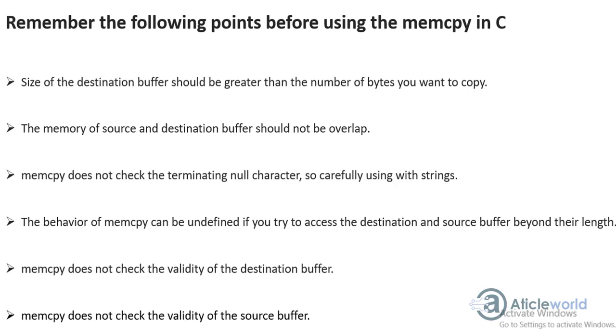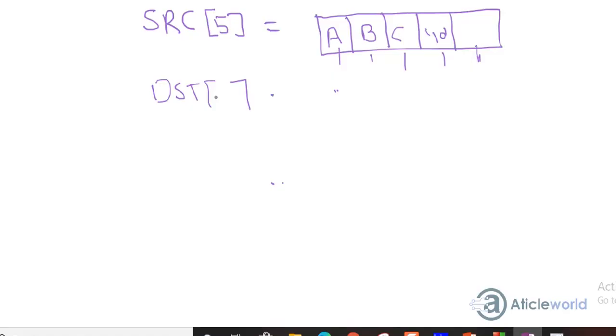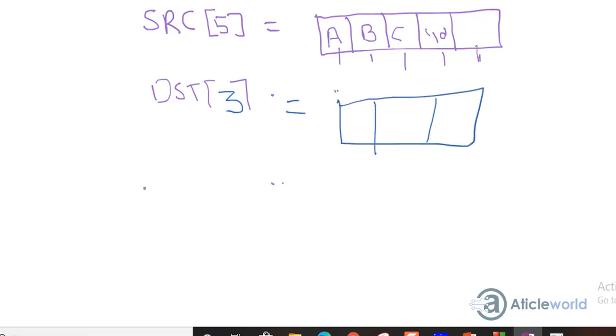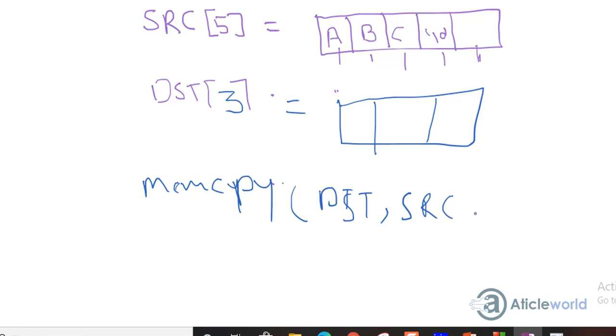So the first point is that the size of the destination buffer should be greater than the number of bytes you want to copy. What is the meaning of this point? Suppose here destination size is 3 bytes, so there will be 3 blocks only. And what will happen if you use the memcpy function, and here's the destination and here is the source, and you are copying 5 characters?